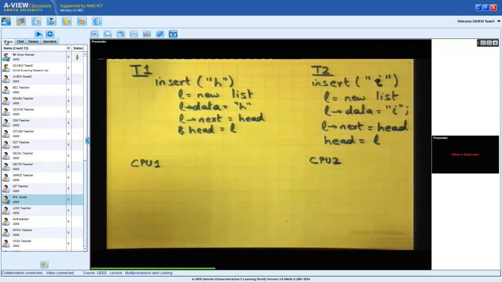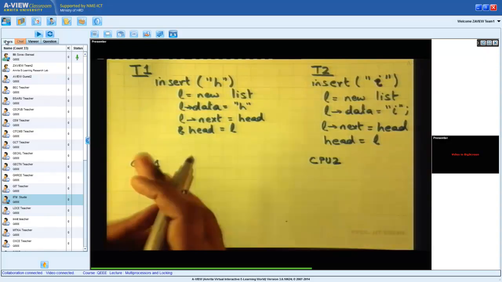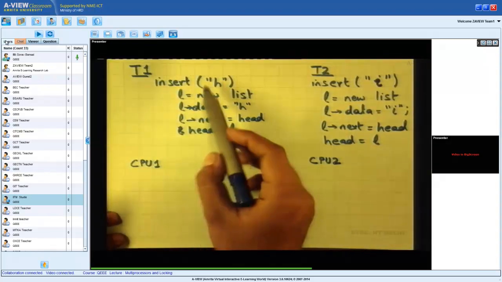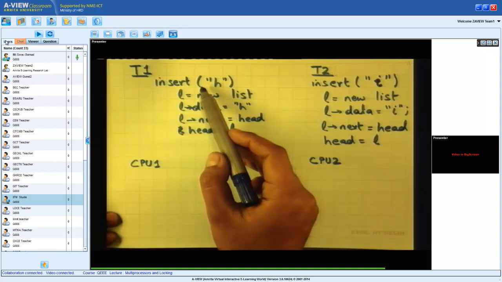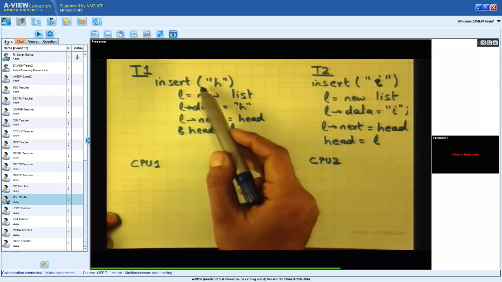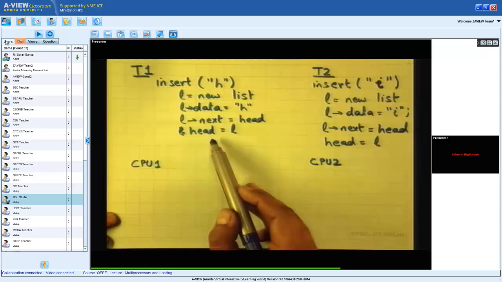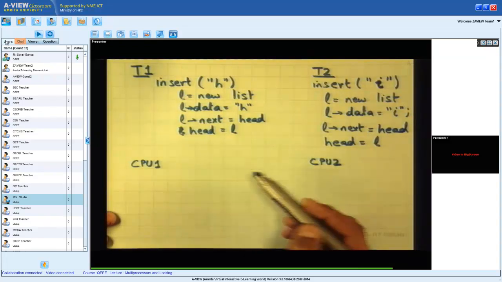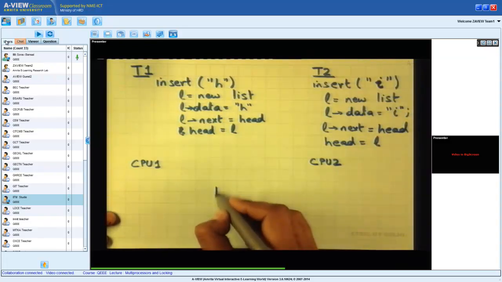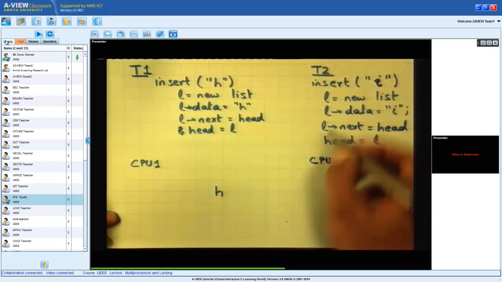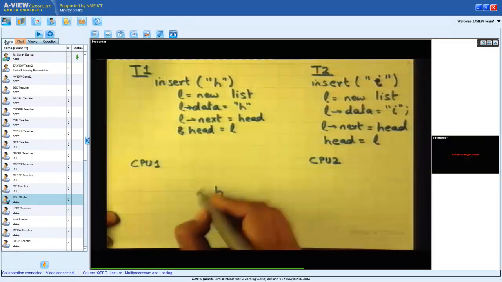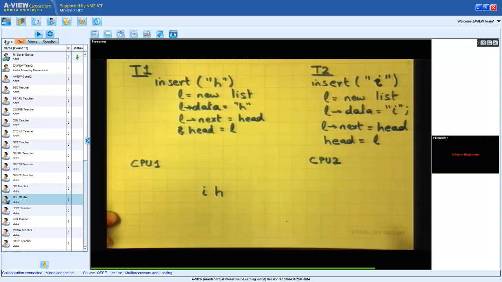And so what can happen? What are some possible outcomes? One outcome: let's say this thread started executing first and finished all this, and so H was added. Then this thread started to work, and then I was added, and so the final output is IH, right?